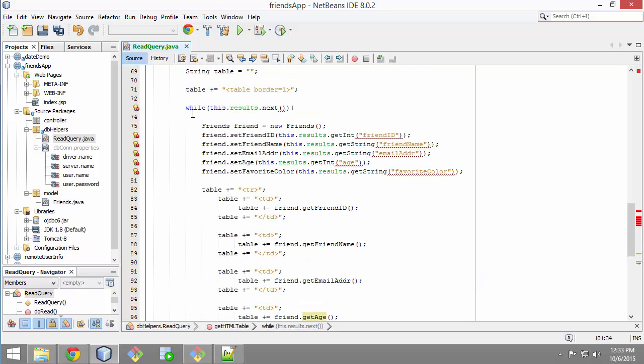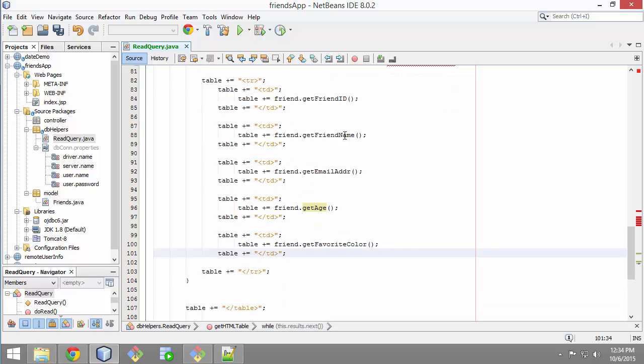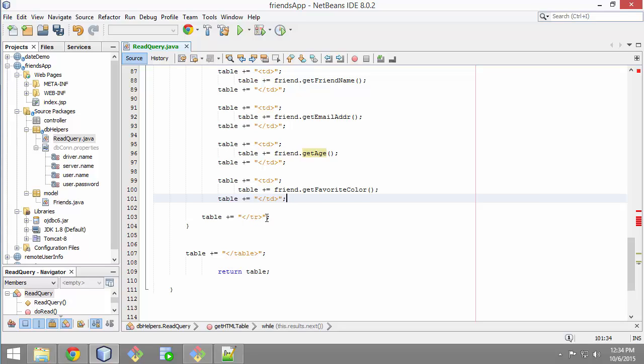So inside of this loop, as long as there is a next in the results, it will create a new object of my friends class. It'll set the properties of that object using the setters, and it will set those properties as integers or strings based on the data type from the database fields. It will create a new row for every object, or every row in the database will be a new row in my HTML table, and it will be the friend ID, the friend name, the address, the age, and their favorite color. Finally, we'll close up the table row,